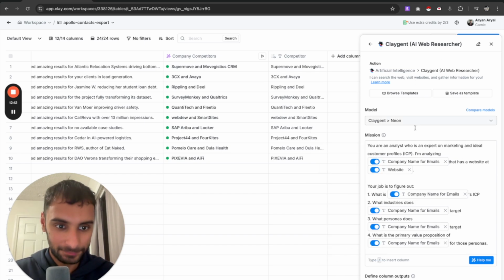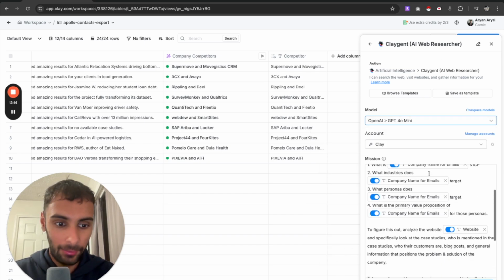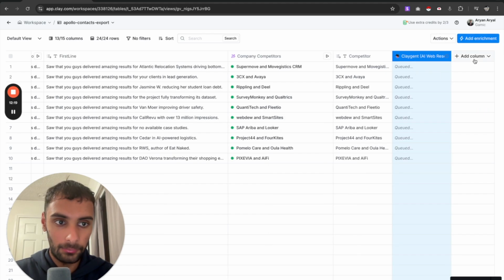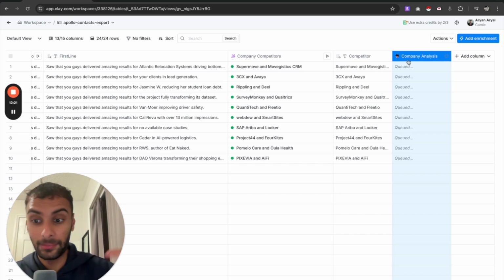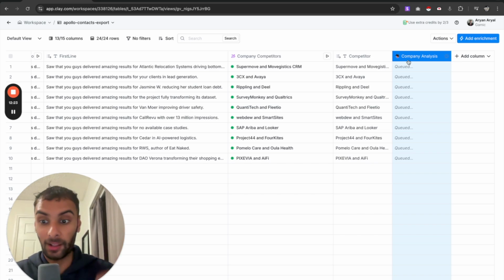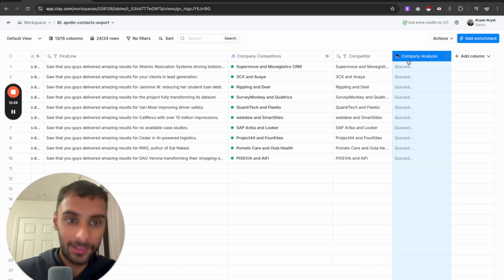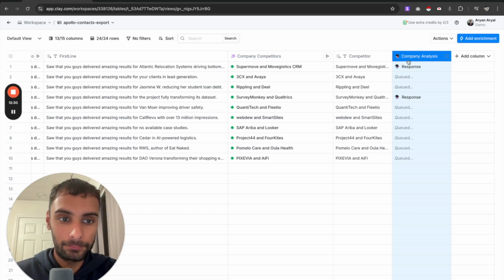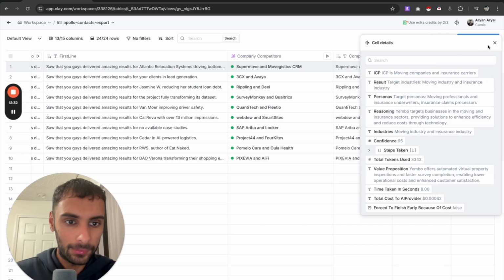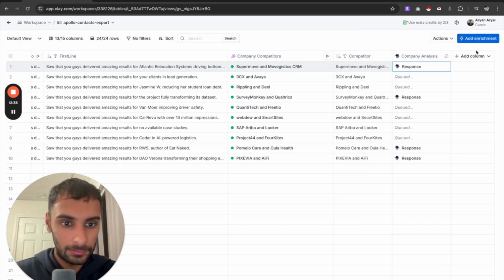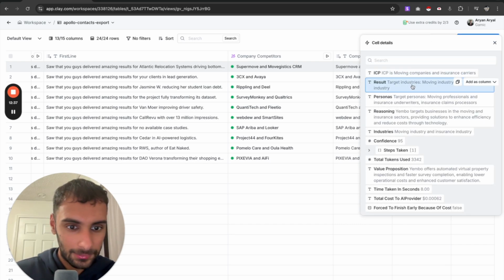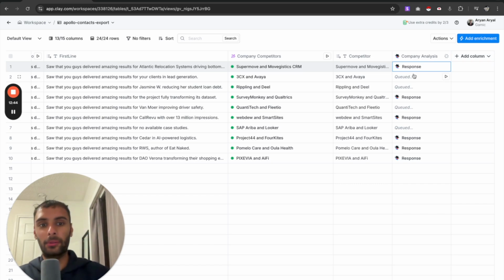So now, let me switch to 4.0 mini. Now you can just press save and run 10 rows, and while we wait for this, this is not the last thing we're going to do. We're going to stack on top of this, because I'll show you how you can stack two things into one to create a powerful message, right? While we wait, this is not outputting anything. Okay, here you go. Wait, what? I don't know why it's outputting like that. Okay, there's a way to do this. But anyway,